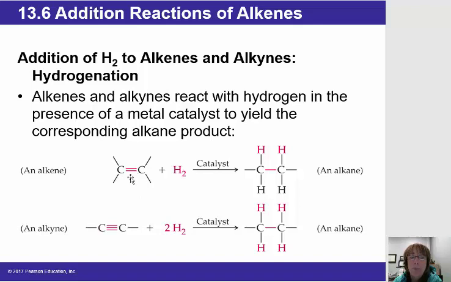for every mole of double bond we will need a mole of hydrogen, and in the presence of a catalyst this addition process will happen and the product will be a saturated alkane. For an alkyne, we'll need 2 moles of hydrogen for each mole of triple bond, and in the presence of a catalyst will form the saturated alkane. So this is, I think, the easiest addition process that we're going to look at, because when we add hydrogen, we just add hydrogen to those carbon atoms that were previously in the double or triple bond to form the